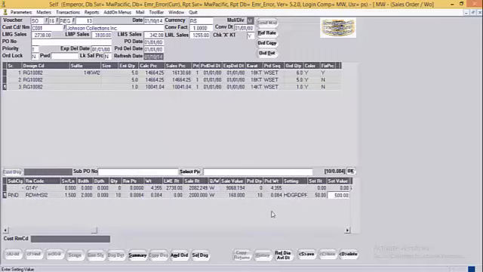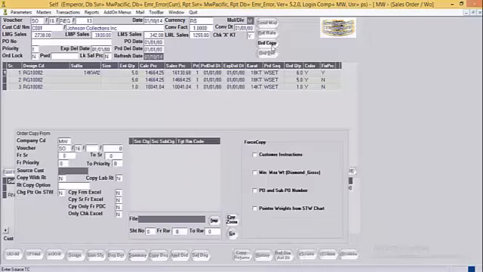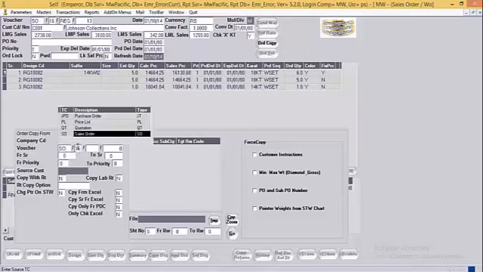Then the setting rate, setting value, and accordingly based on the main metal weight, system has got the labor value also. Next is the order copy button. Here user has the option to copy the orders from the previous orders or the previous quotations. For example, we will take an example of previous order.